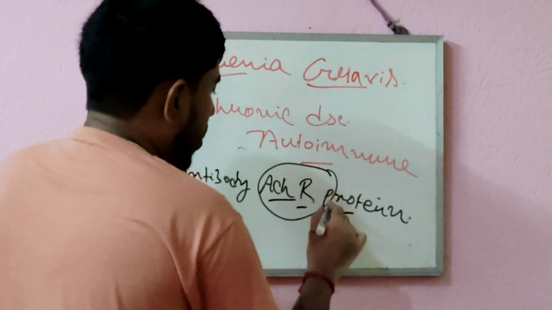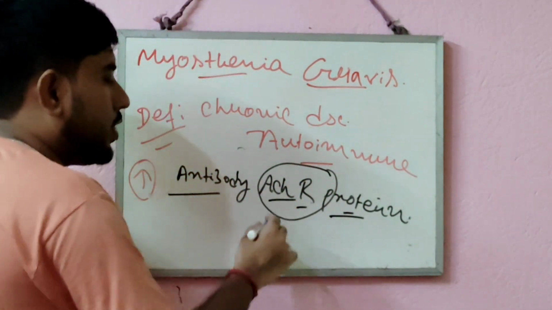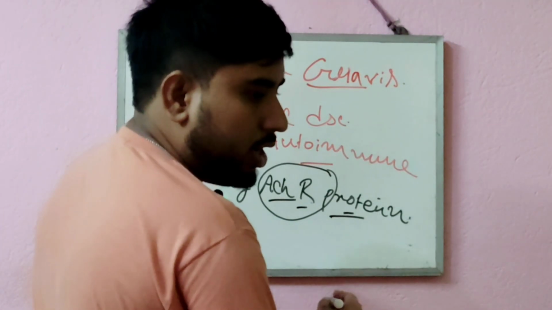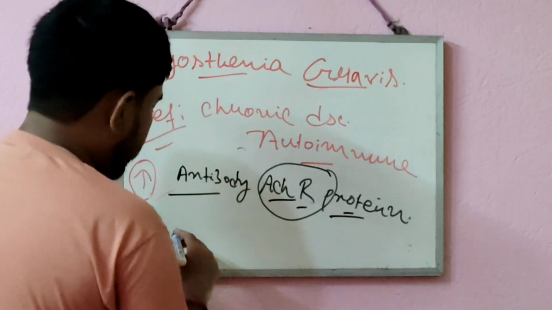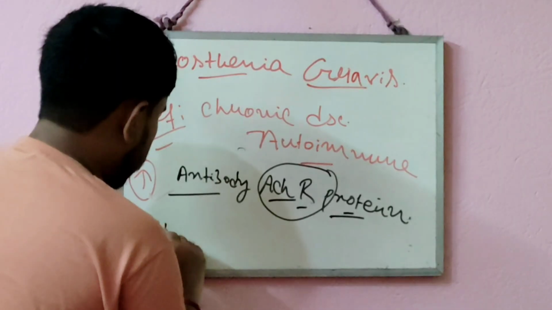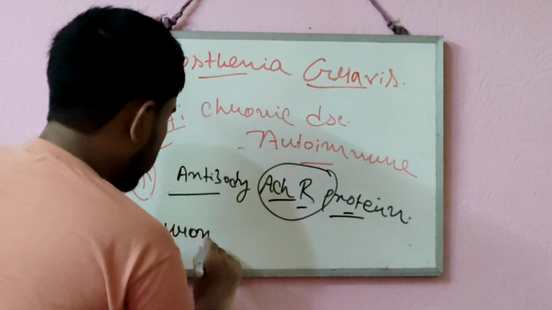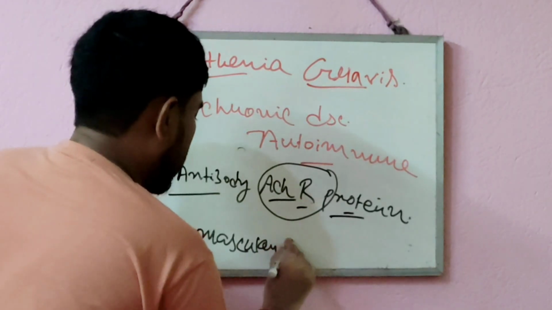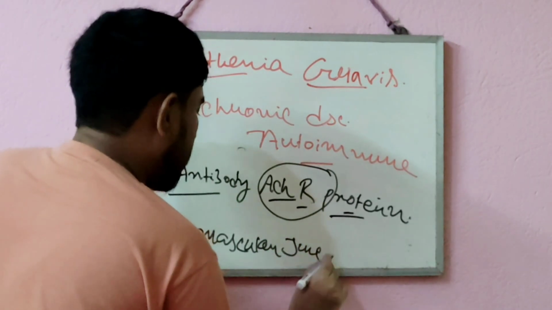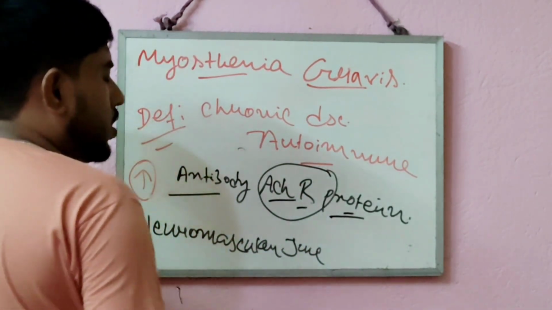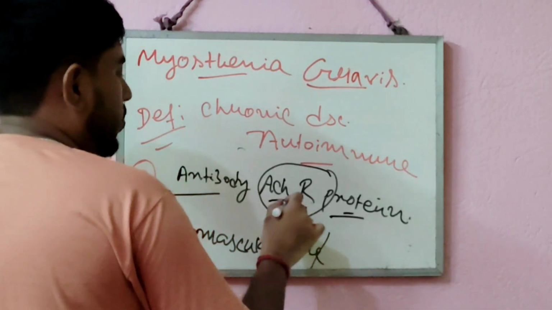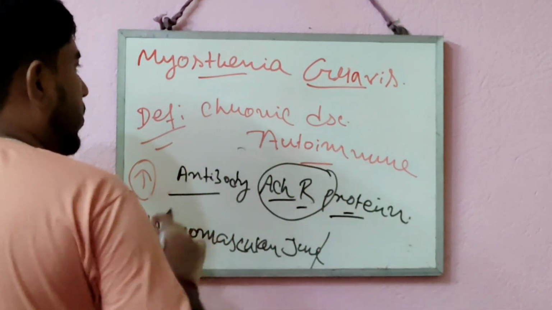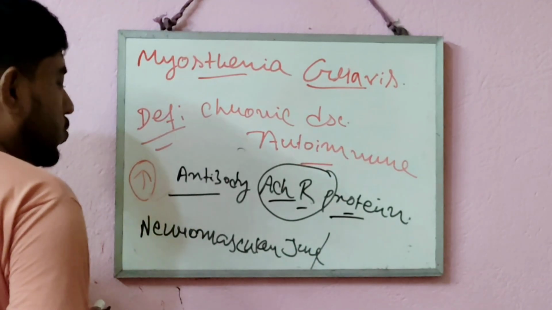This decreases the action or synthesis of acetylcholine receptor protein in our body, which leads to a problem at the neuromuscular junction. That neuromuscular junction problem, due to the decrease or destruction of acetylcholine receptor protein through the autoimmunity of our body, can lead to